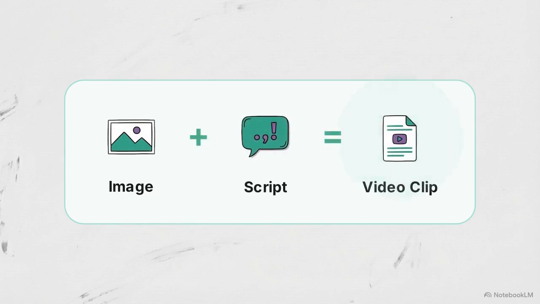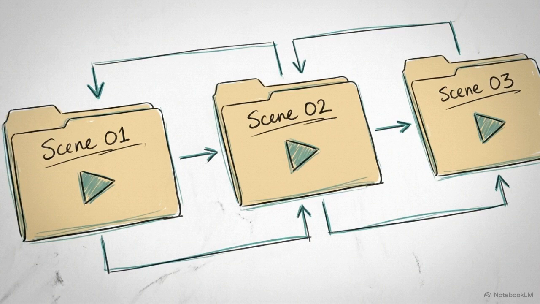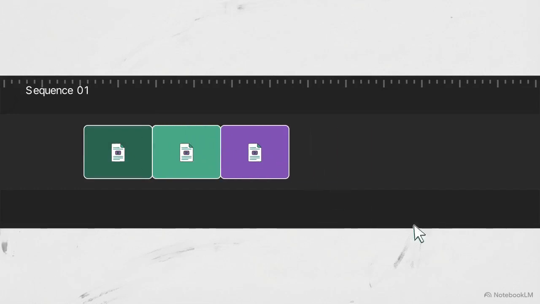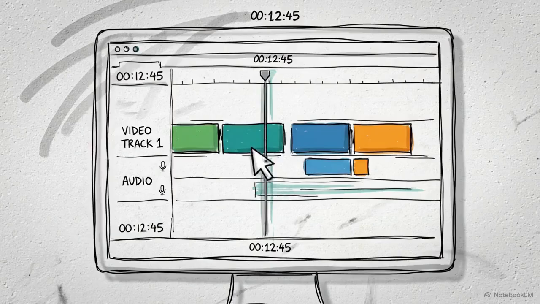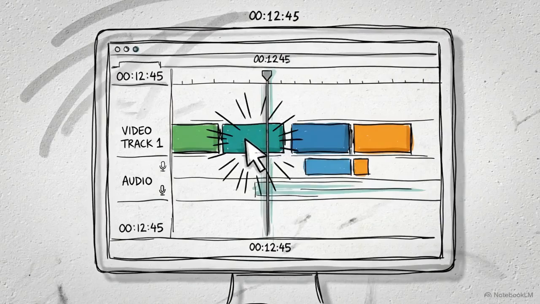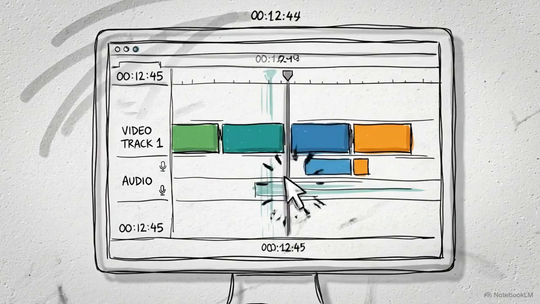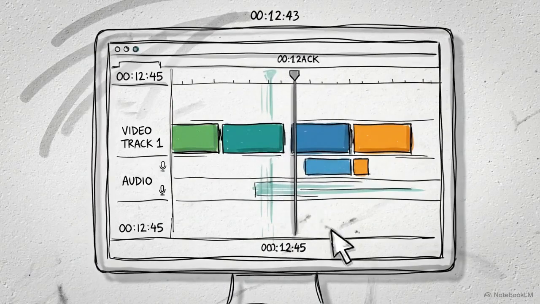The process is straightforward. Upload your first setting image, paste the first line of the script, and generate the clip. Repeat this for the second and third images with their corresponding script lines. By creating 3 separate clips, you can use jump cuts to move between different locations. This line-by-line assembly is key. Those jump cuts keep the viewer's attention and hide slight imperfections, resulting in an ad that looks professionally produced.